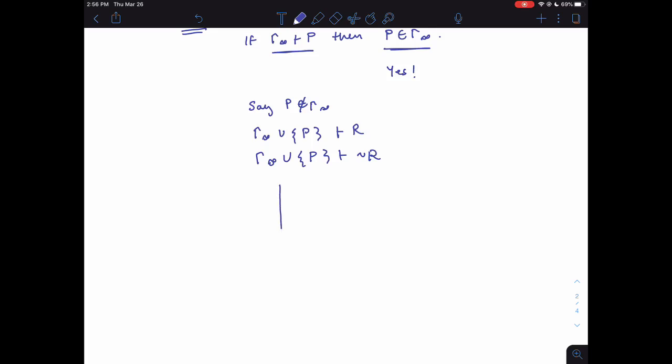So we can set up a derivation that looks like this. Here we have all the assumptions in gamma infinity as our premises, right? And we then assume in a subderivation P. That's what gamma infinity union P means. It means we take all the assumptions in gamma infinity and add this extra assumption P. We know that, because gamma infinity is maximal consistent and P is not a member of gamma infinity, adding P to gamma infinity would allow you to derive contradictions. So we can get R and not R.